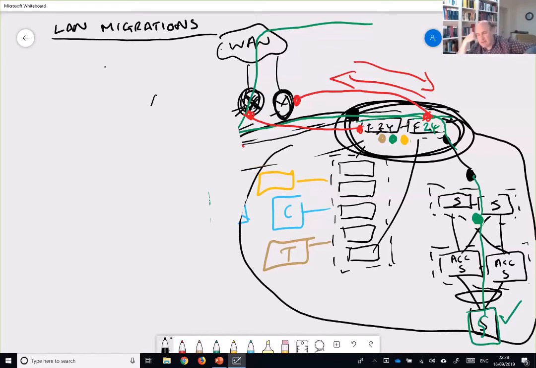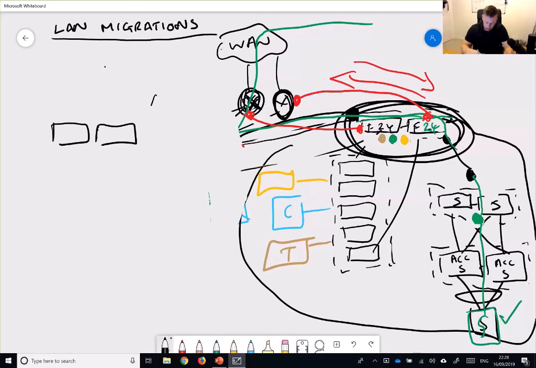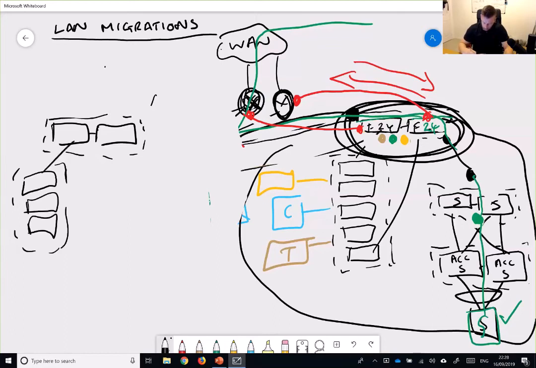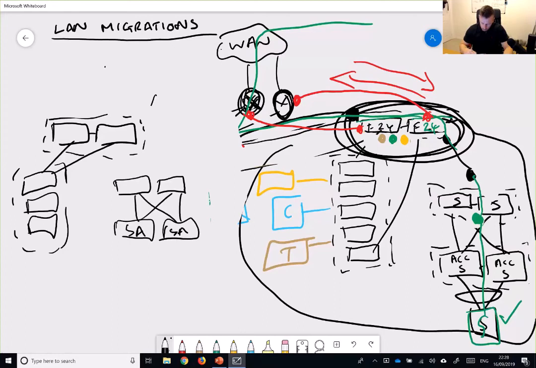I think I was going to draw a better picture of what that actually looks like at the end. So basically, what you've got is, forget how many switches here, this is your access layer stack. And then you've got your server stack and your server access layer, server core or distribution, I should say.